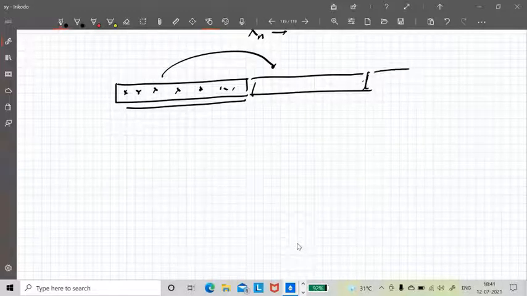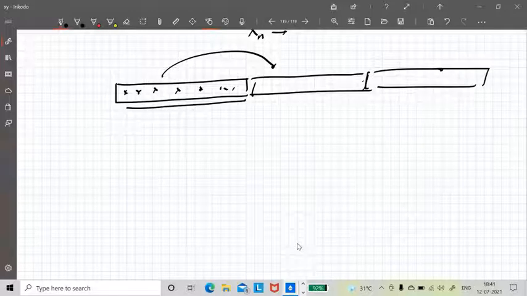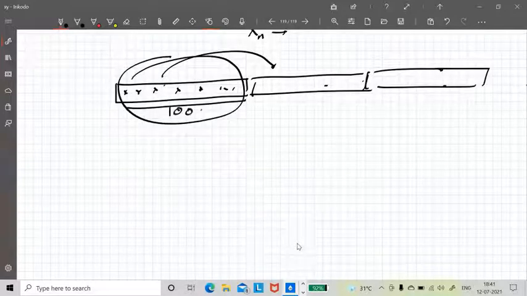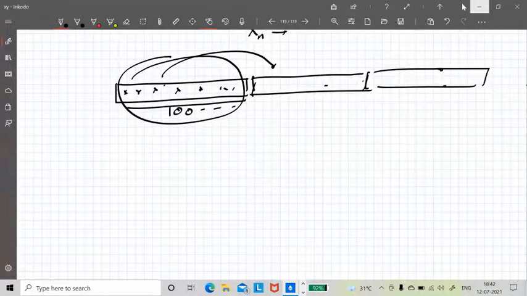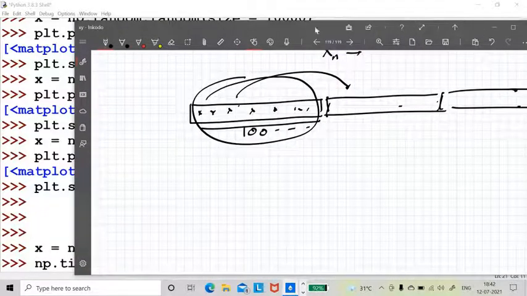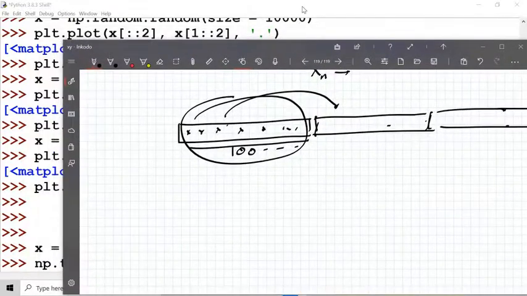So you have an entire set of random numbers, these plus these plus these, but inside that there is a period. After each such block of 100 numbers, there will be a repetition. So they are not purely random, but there is a periodicity in it. Let me show you whether the scatter plot can reveal that periodicity.